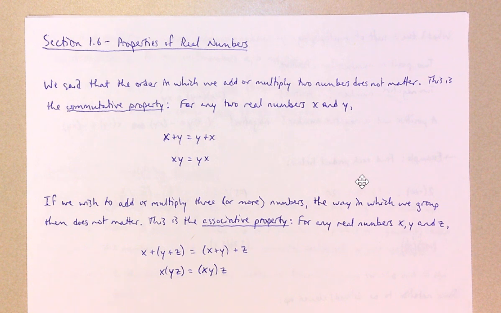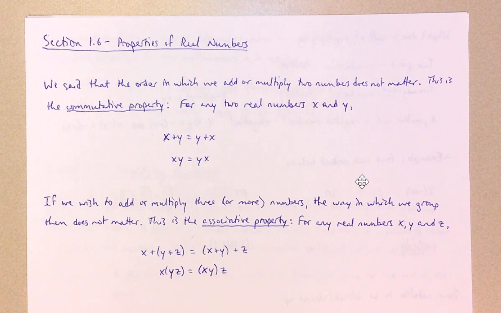If you think back to the last couple videos or so, we said that the order in which we add two or more numbers doesn't matter. It doesn't matter in which order we list those numbers. When you add them up, you're still going to get the same sum. Same thing with taking the product of two numbers, or even more. The order in which you list the numbers doesn't matter. When you multiply them, you're still going to get the same quantity. And there's a special name for this property. It's called the